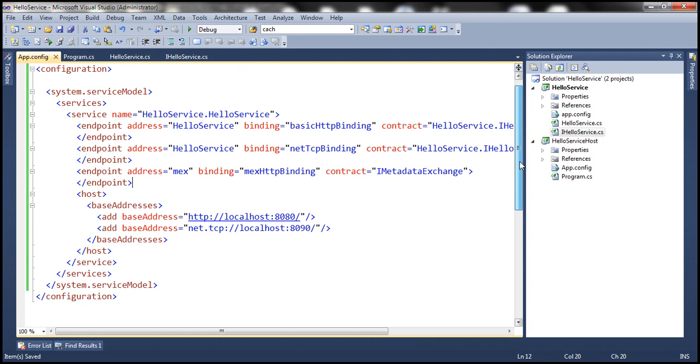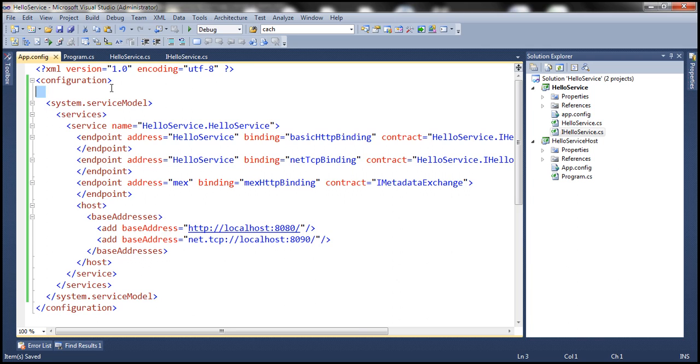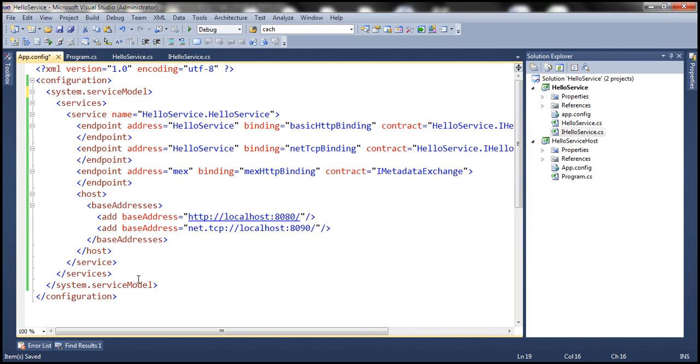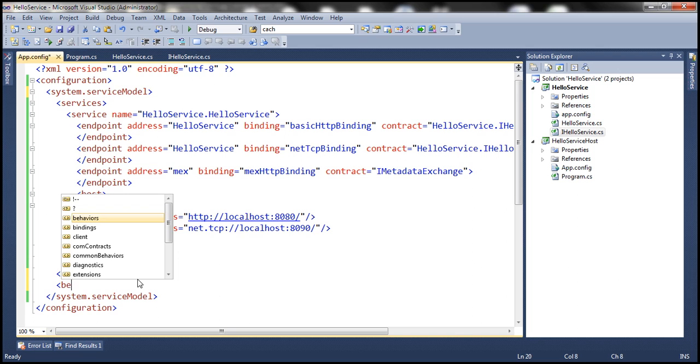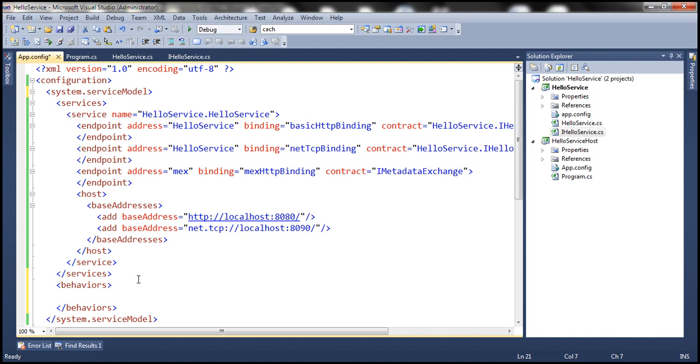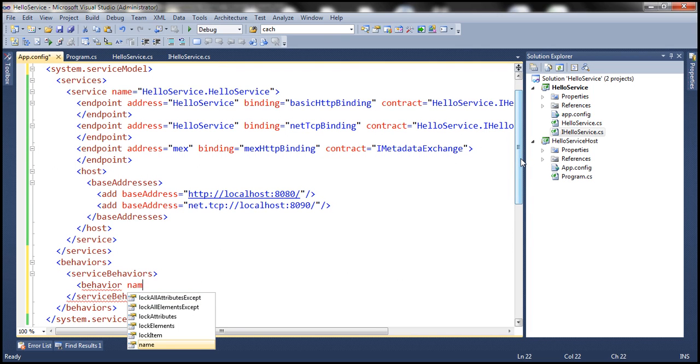Now we need to do one more thing, that is we need to specify service behaviors. And to specify service behaviors, we use behaviors element, and we want to specify service behaviors, and let's add a behavior. Now a behavior can have a name, so let's call it mexBehavior. Basically this behavior is to allow the service to exchange metadata. Okay, in a bit you'll understand how we are going to make use of this one. Behavior, you can give it any meaningful name that you want,